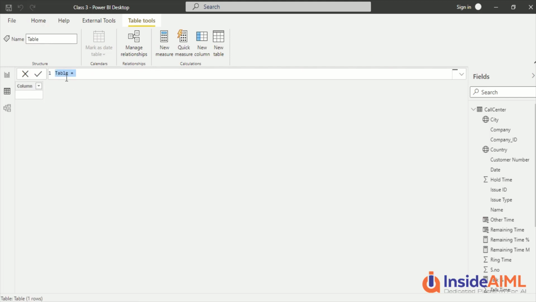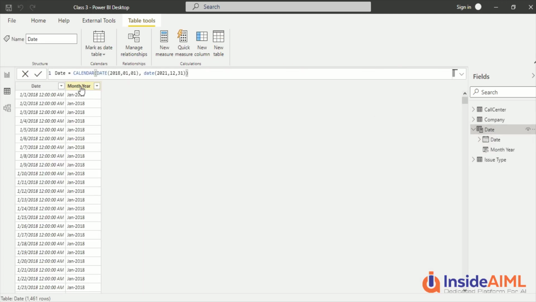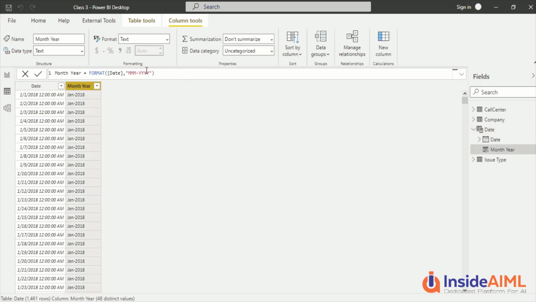I by mistake created a new table. I'm going to create a new column. I'll go back to the date table, and again I'm going to click here, and I'm going to create a new column.